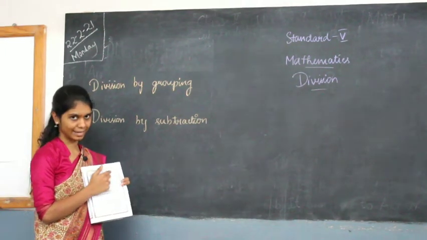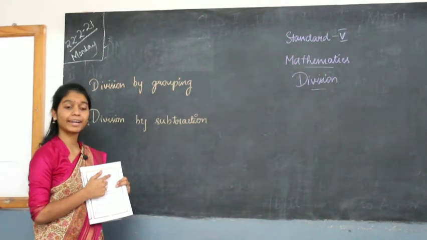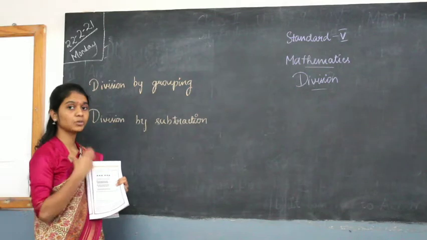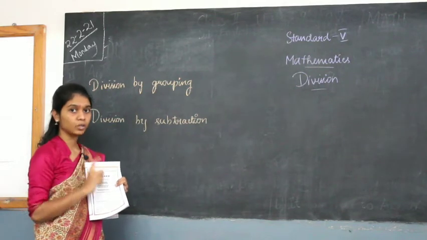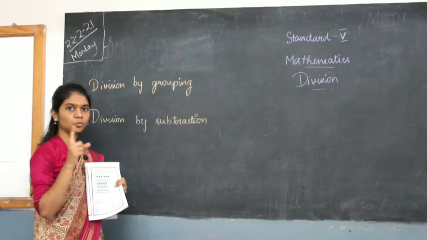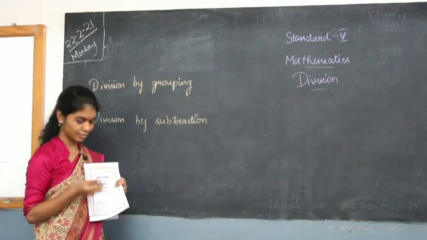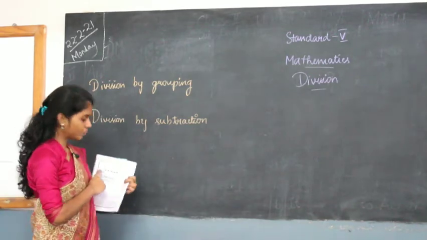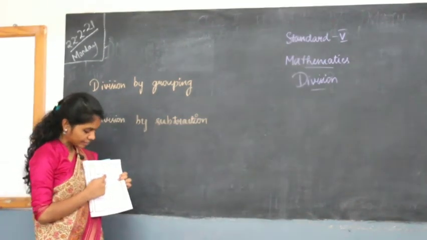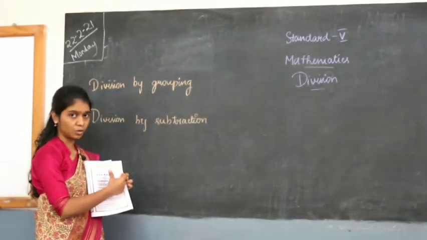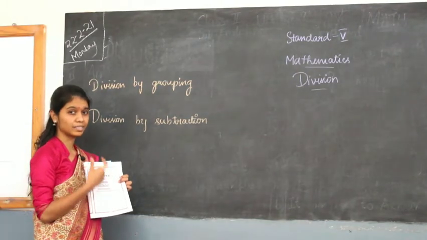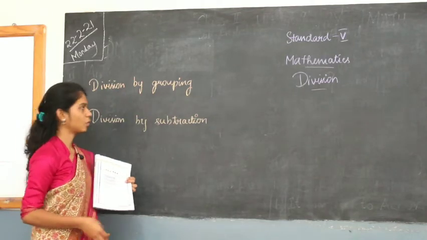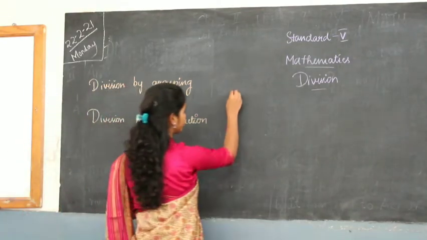So there are 6 rats and 6 is divided by 3. So you have to group the rats into 3, 3, 3, so that one group contains 3 rats. That is what they have told you to do. So when you divide the 6 rats into groups with 3 rats in one group, you get 2 groups. So the answer is 2. Okay, so in the second one,